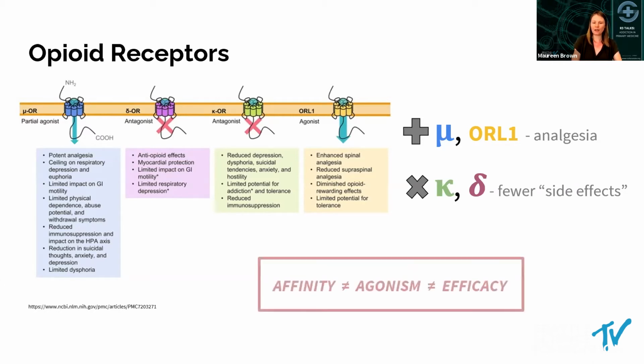So I think, while we definitely don't have to explain all of this jargon to our patients, it is a good reminder to us as providers that we shouldn't conflate different pharmacologic principles. So affinity for the receptor is how tightly a molecule binds, and we'll talk about what that means for buprenorphine next. That's not the same thing as agonism, which is the set of effects that a receptor binding relationship produces. And none of those kind of equate to efficacy. So even though bupe is a partial agonist at the mu receptor, it is essentially 25 to 100 times more potent than morphine in a lot of its effects. And so we can't conflate one with the other. So just a good reminder for all of us.